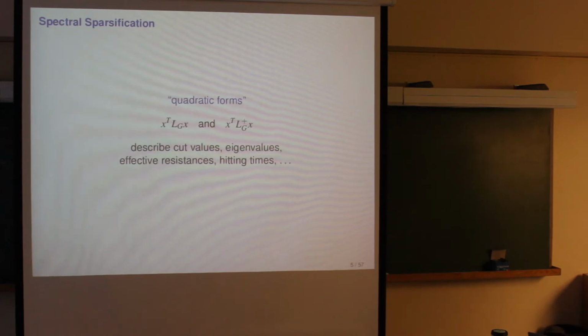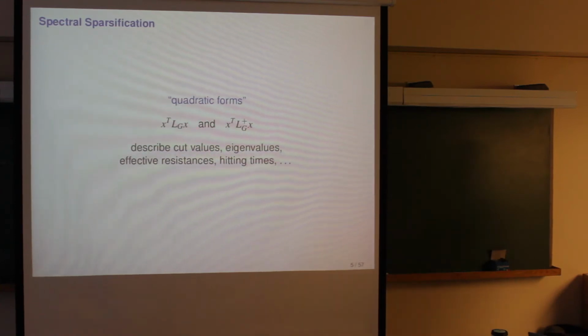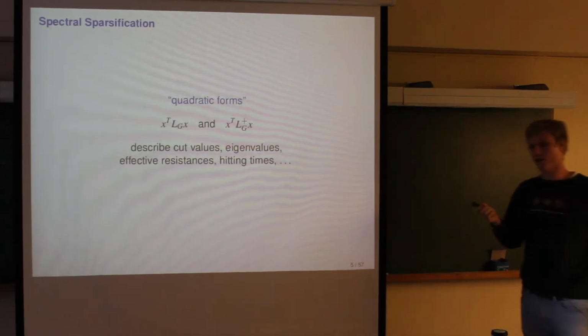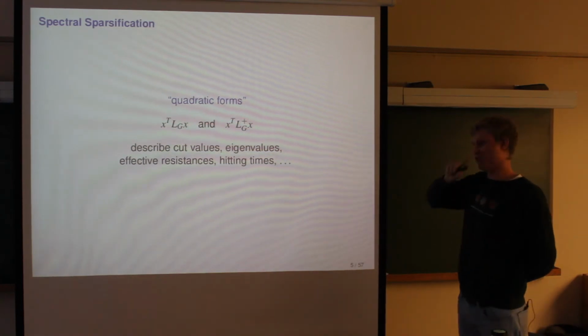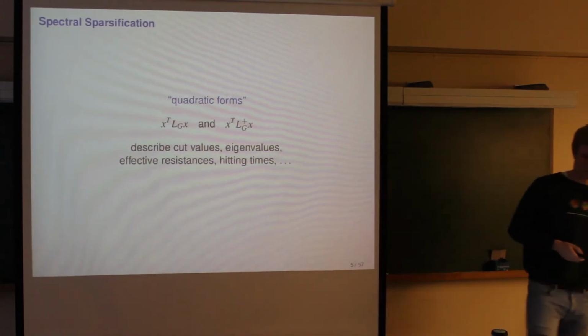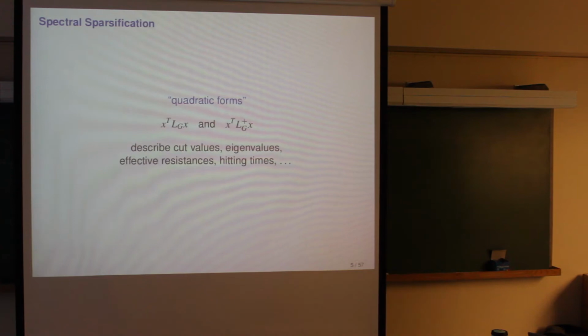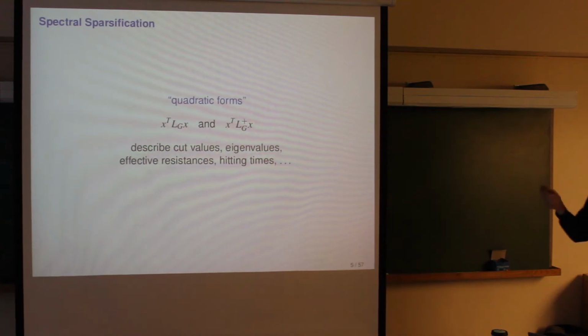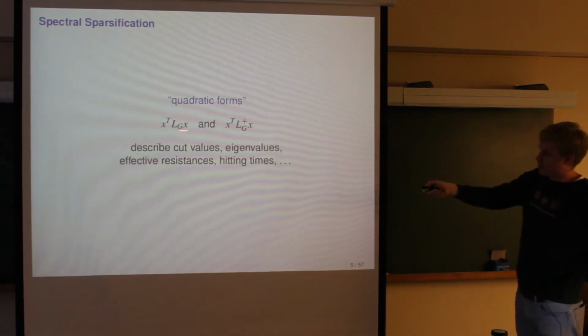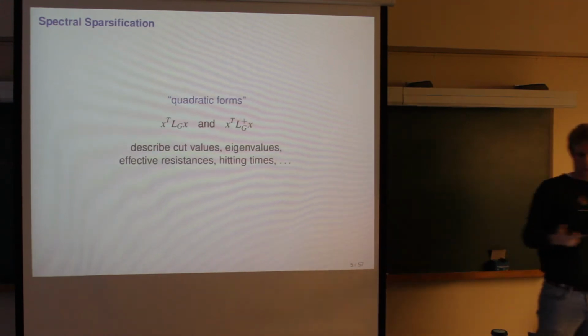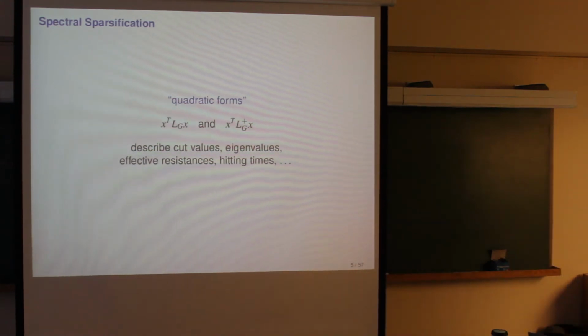the Laplacian. So the Laplacian is full rank up to one trivial kernel vector, which is just the all ones. But okay, it's not very important. So typically you can just think about that being the inverse. And what's interesting is that these quadratic forms associated to this Laplacian, they describe cut values.